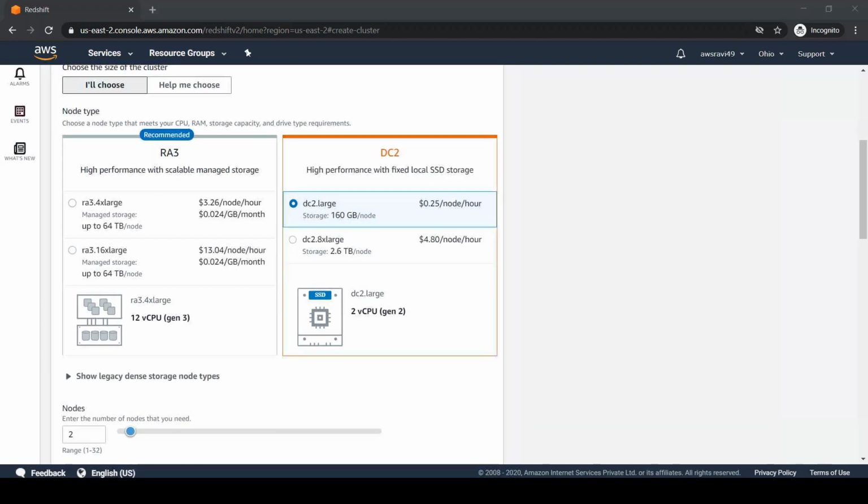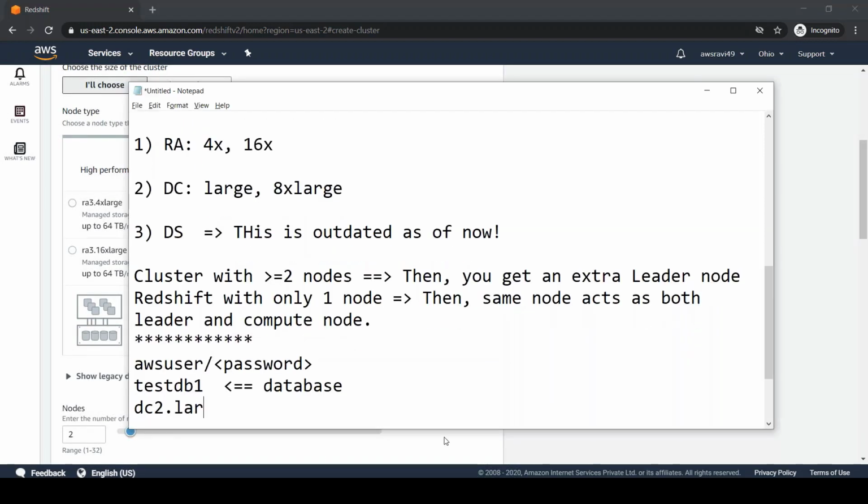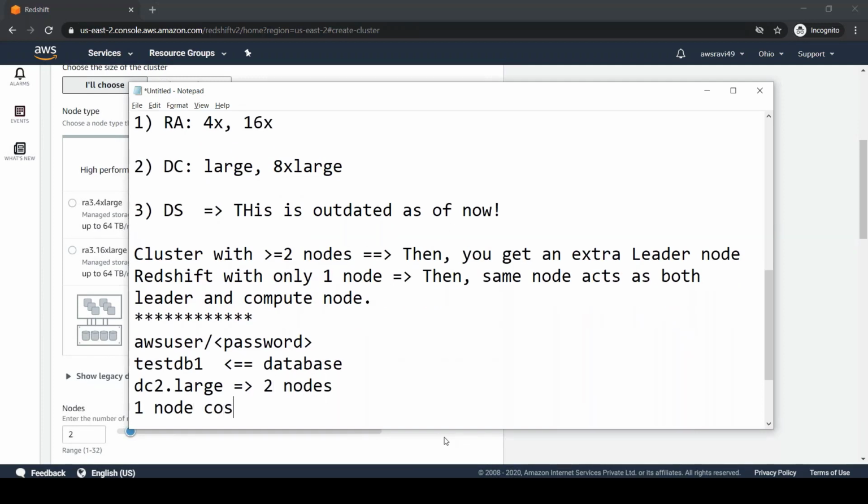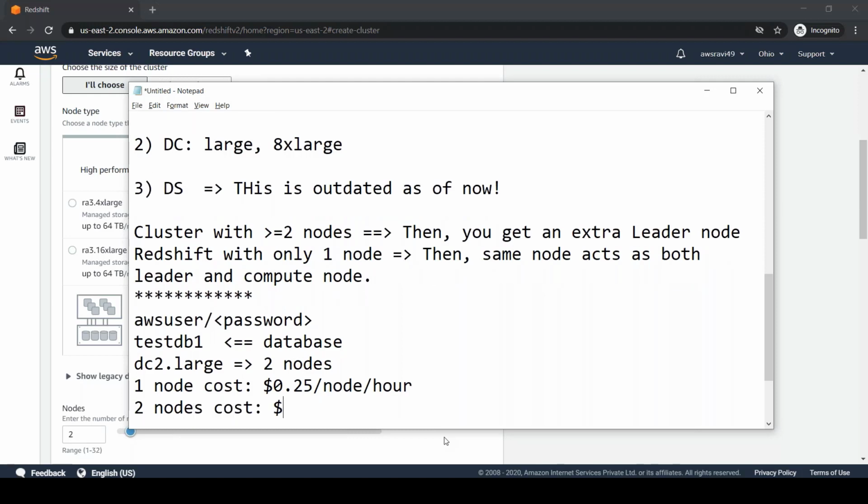So we chose DC2 large, 2 nodes. One node cost is 0.25 per node per hour. So 2 nodes cost I am looking at is 0.5 USD per hour.